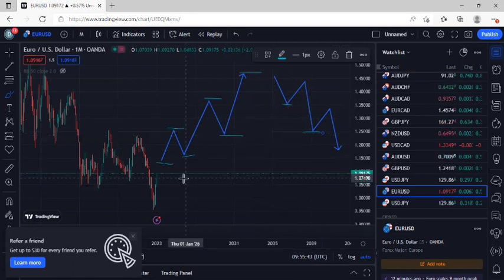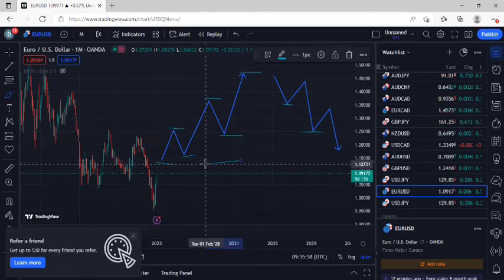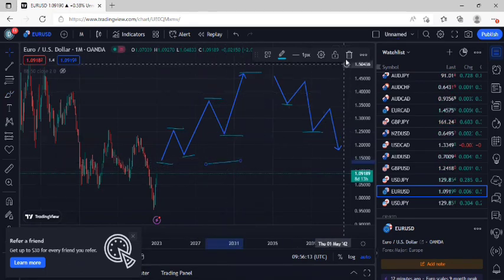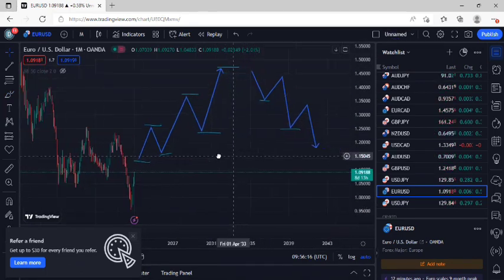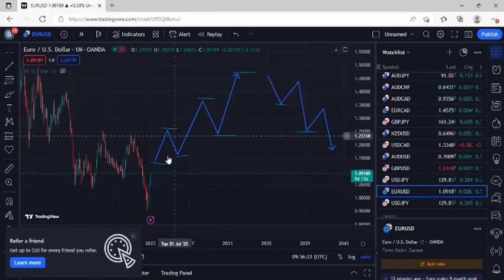So that is it. That is how you use market structure to get the direction of the market. Now, how do you use market structure to know whether there will be trend continuation or a reversal? How do you use market structure to determine that? Now, if you look at my uptrend now,